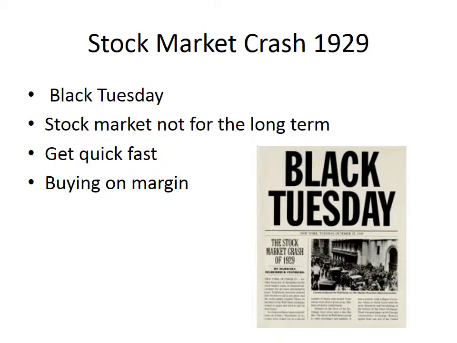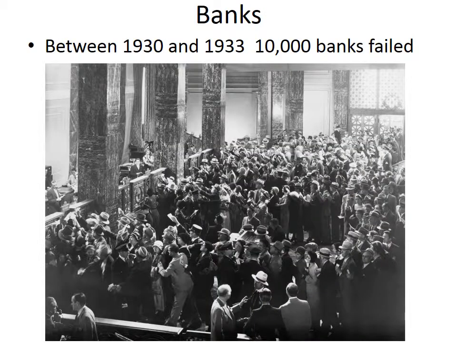And they'd make a quick profit. Well, when Black Tuesday happened and the bottom fell out of the market, people who were holding loans for stock not only had lost their money in the stock market, but they also couldn't pay back their loans. So that was a tremendous problem. When the stock market crashed, people went to the banks to get their money out because they were afraid of the stability of the economy. And they wanted to have money in hand.